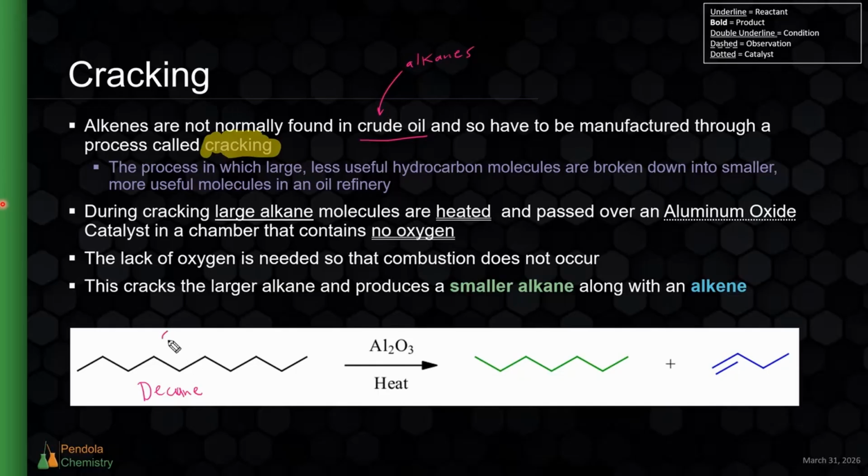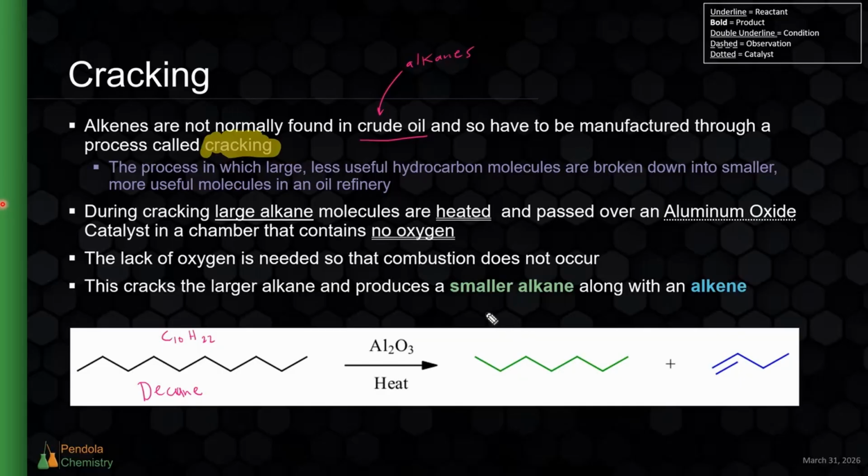So this is decane, which is C10H22. So decane is not useful at all. It's not something that we will use to do a lot of things or do a lot of reactions in chemistry. So we can undergo the process of cracking with decane and break it down into smaller compounds that are